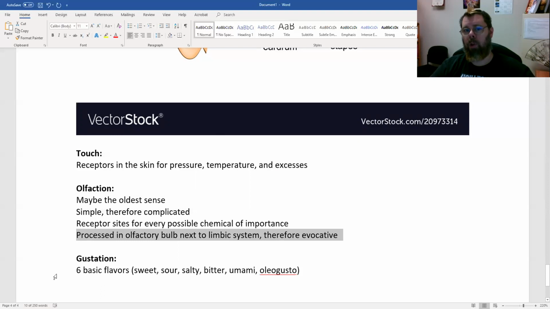In other animals, this is the precursor to the frontal lobe. We sort of grew a frontal lobe out of the olfactory bulb and retained the olfactory bulb. This is right down next to the limbic system, next to memory and strong emotion. And so that could be why smell is so evocative. You smell grandma's cookies and get all misty-eyed and stuff, right?